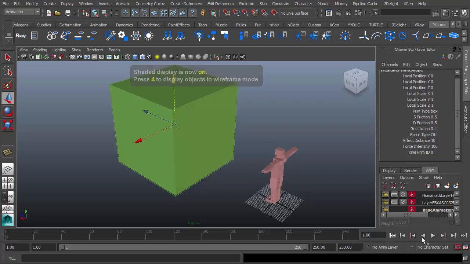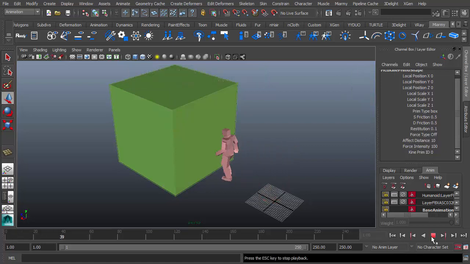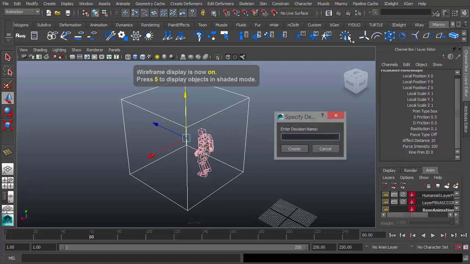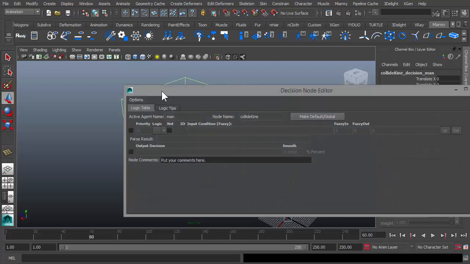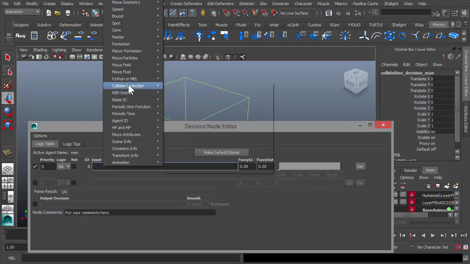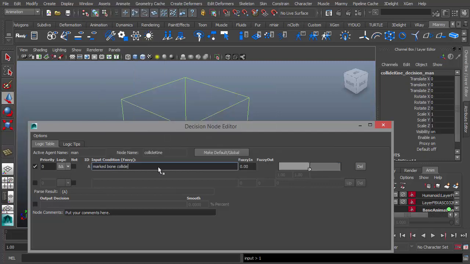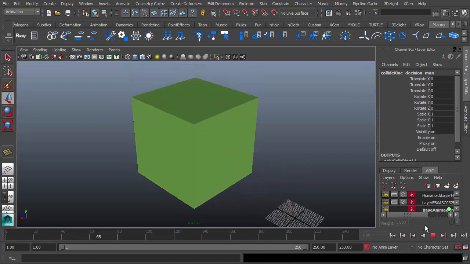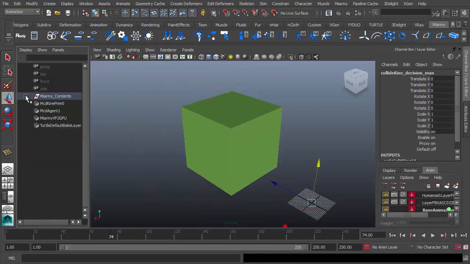And place our agents and run the simulation. It walks through. So let's add a logic sentence here. Collide kinematic. Here collide, mark the bone collide. I can play back. Okay, and